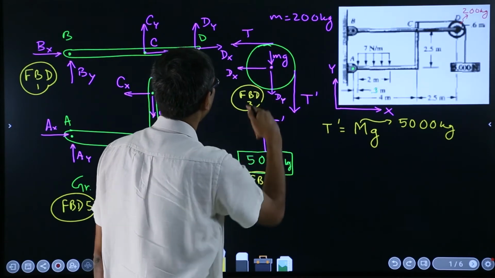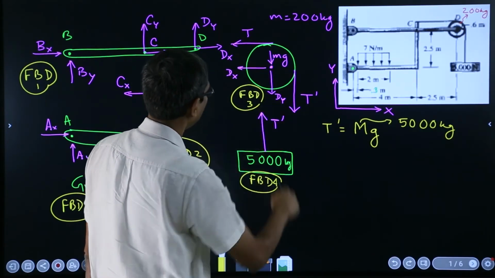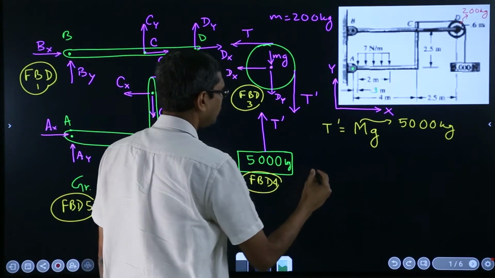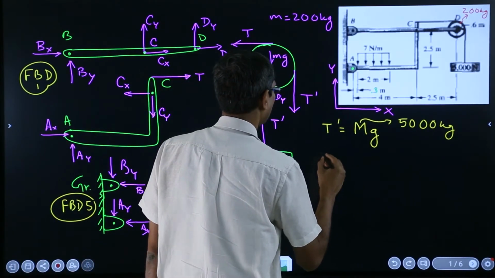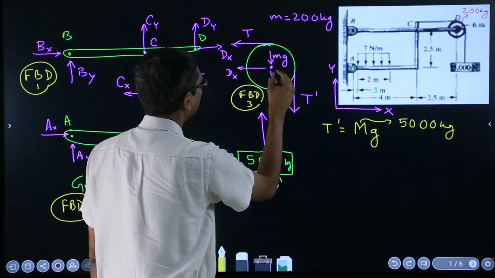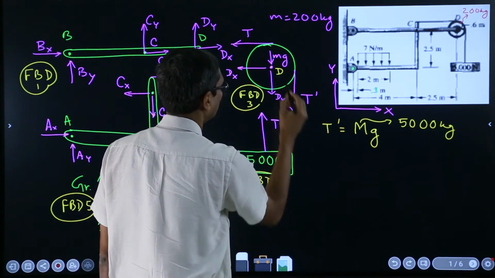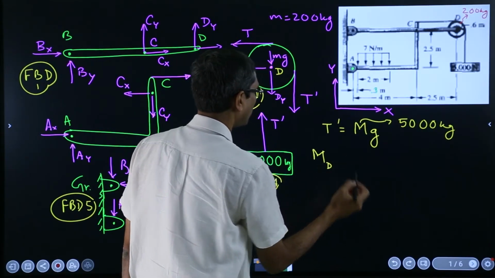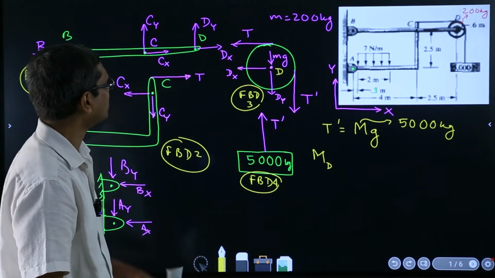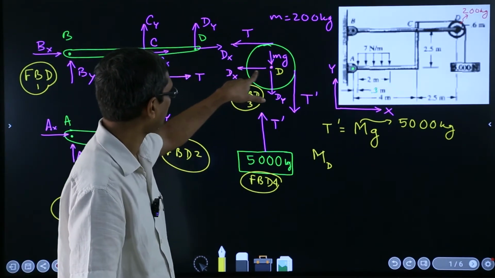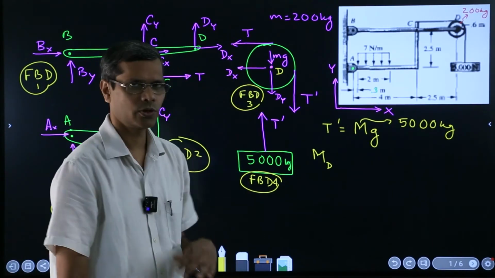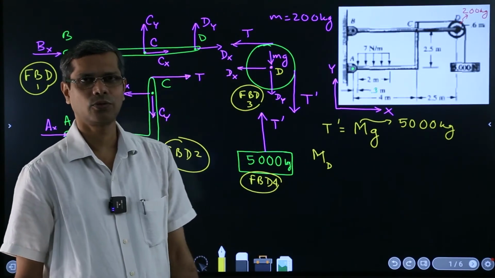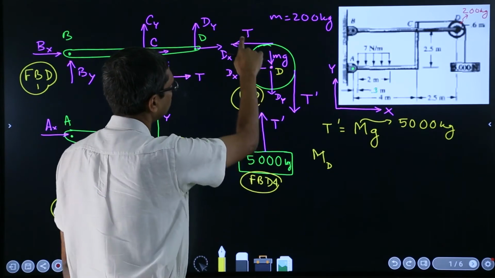Then what about say FBD 3? Because this is one more simple thing. From where if you take the moment about this point D, right? So this is D. If you take the moment about point D, why are we taking moment about D? Because there are many unknowns which are going through that. So dx, dy we don't know. So if you take moment about that, you can just get rid of those unknowns